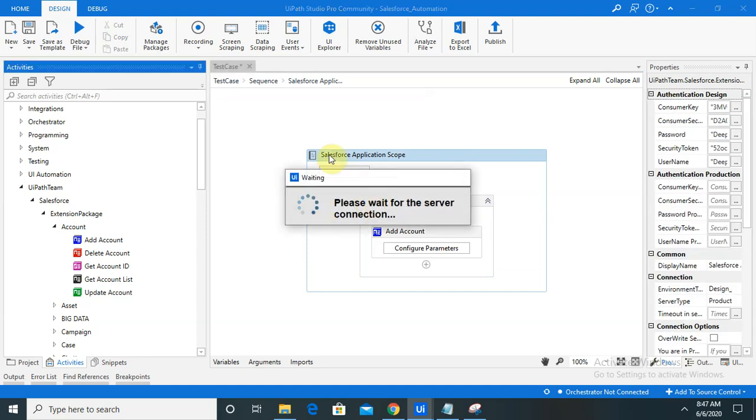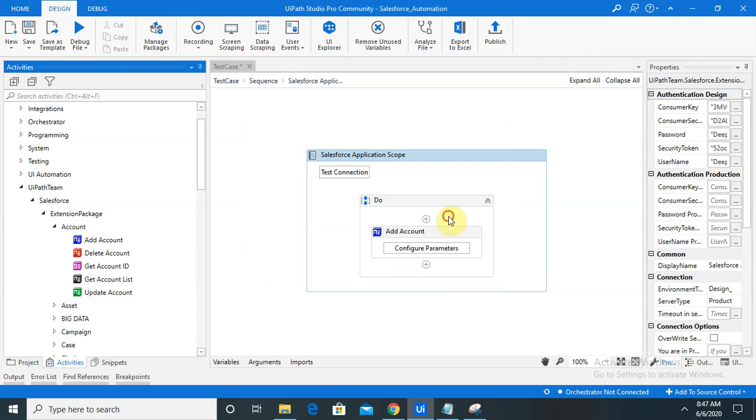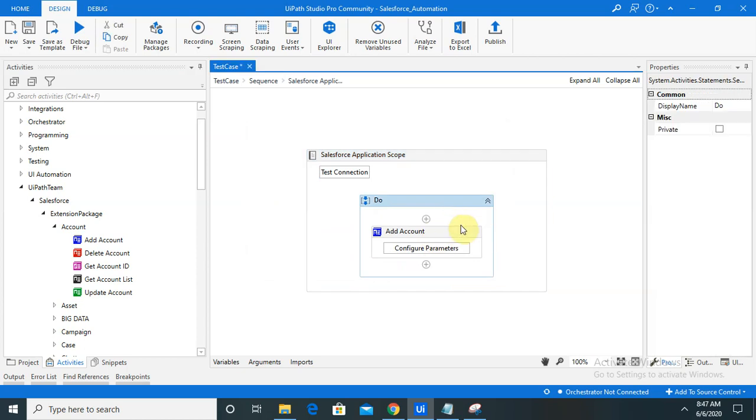After configuration, you are able to see a valid connection established. Because I have already covered it in my previous session, I am not going to touch this part. It will take some time. So I am directly starting with how to add and manage an account.